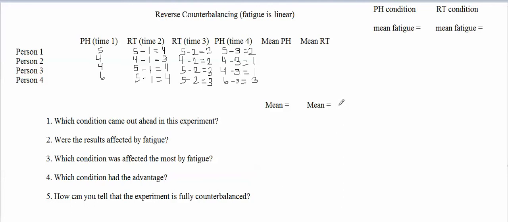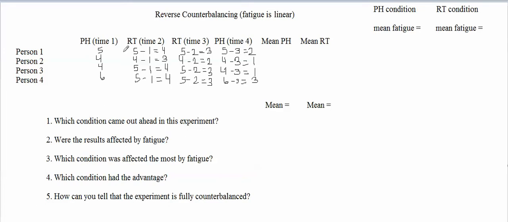And you can actually look at which condition came out ahead. Which one did people appear to like more? You can find that out by just looking at which mean is higher. To find out whether the results were affected by fatigue, you have to calculate the mean fatigue here and the mean fatigue here. To do that, you would,